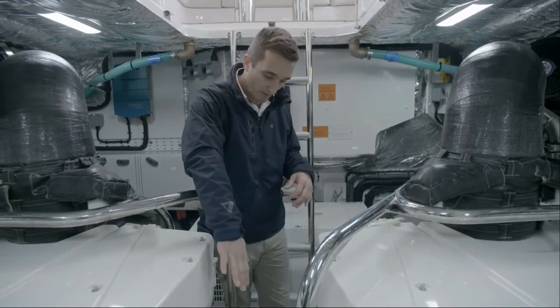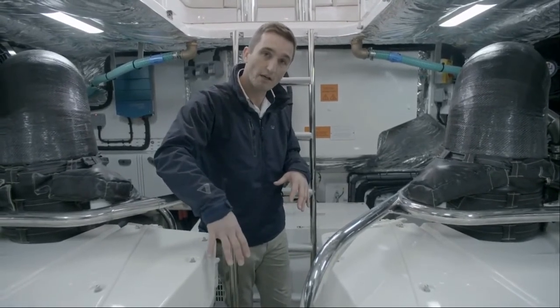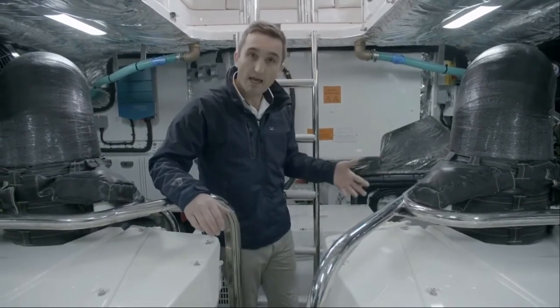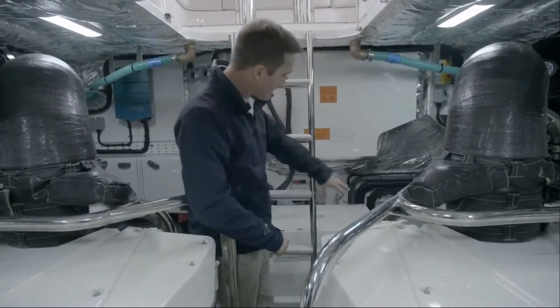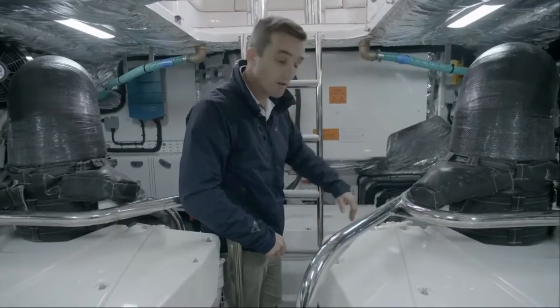Underneath the deck here where I'm stood, you've got access to your two bilge pumps and your seawater inlet and strainer housing for your air conditioning system. Everything's quite easy to hand for maintenance down here. The engines are handed, so checking the oil and the coolant levels in the morning is no big deal. And on the side of the generator set here, you can see access to the strainer and your coolant check